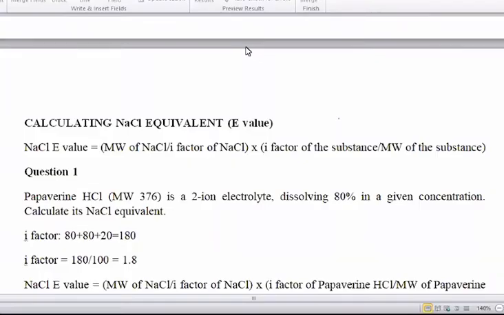And the molecular weight. Most of the time we'll give you the molecular weight. You may calculate the I factor, or we'll even give you the I factor. All you need to do is substitute in the given formula. So we have now the I factor and its molecular weight. We know the molecular weight of sodium chloride, and we know its